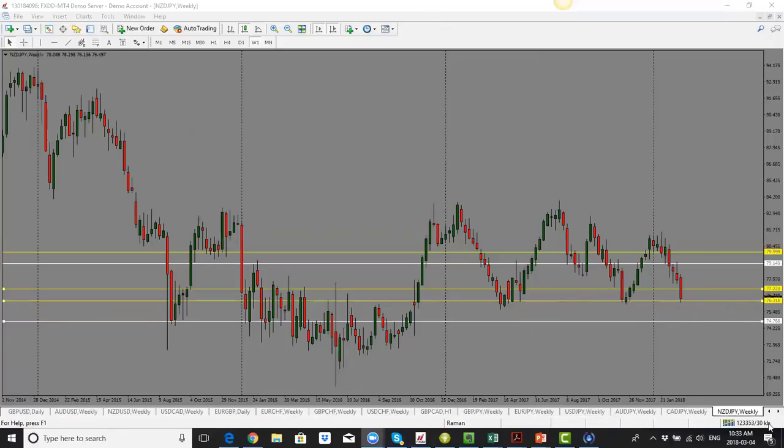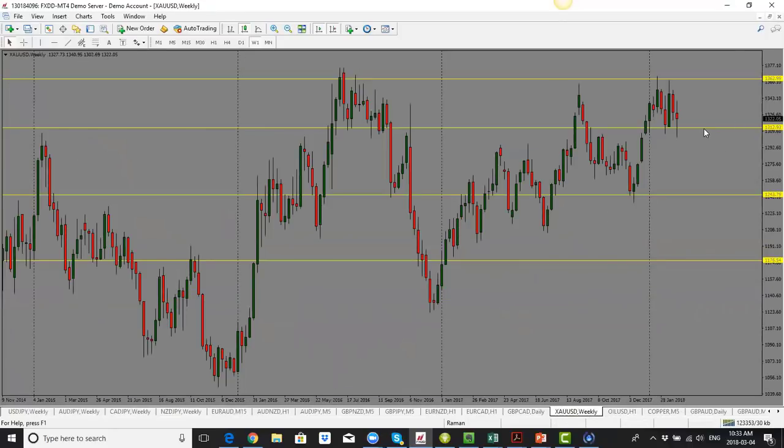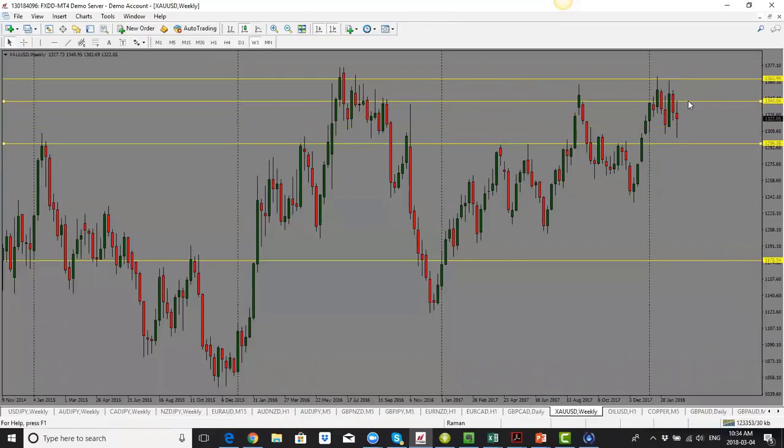Gold, let's take a look at gold here. Gold looking weak here. Prices drop, but this is also range bound, just like the euro. But overall, the bias looks like it is to the downside. And next target would be 1296.50 level here. But because we have this pin, we could see price go back, do one of these. It could pull back all the way into the 1340 level and then drop from there.